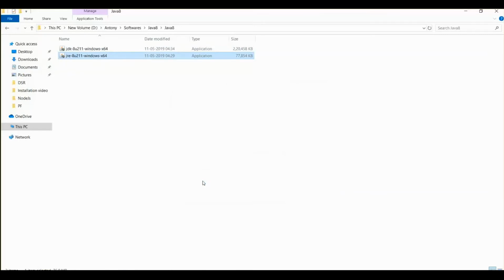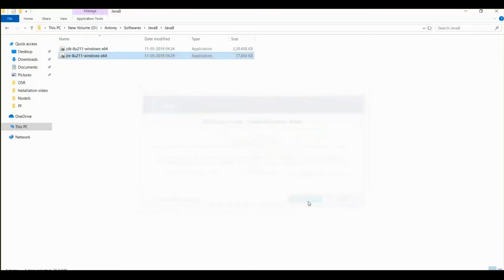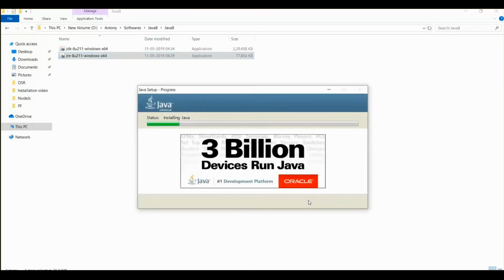So my system is 64-bit, that's why I have downloaded this 64-bit one. So I have clicked on the JRE exe. So it started going to install now. So we need to click on install. It started.